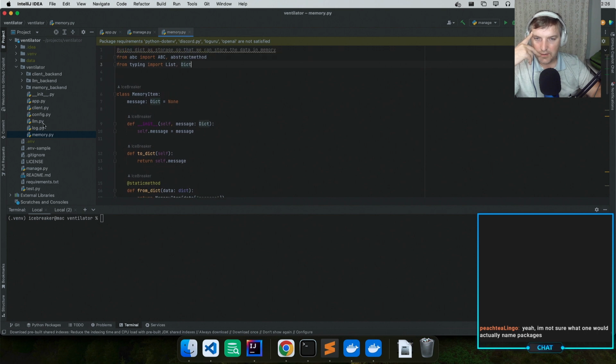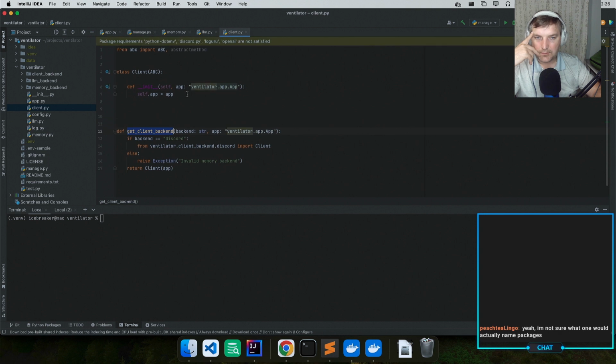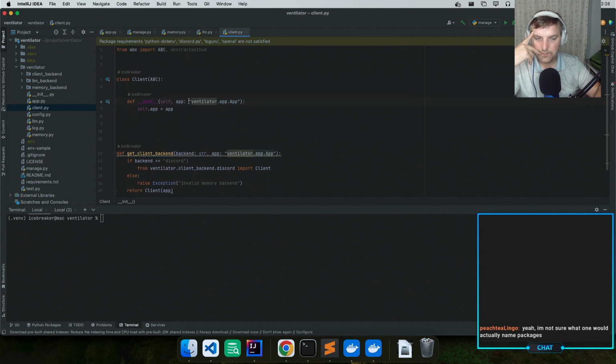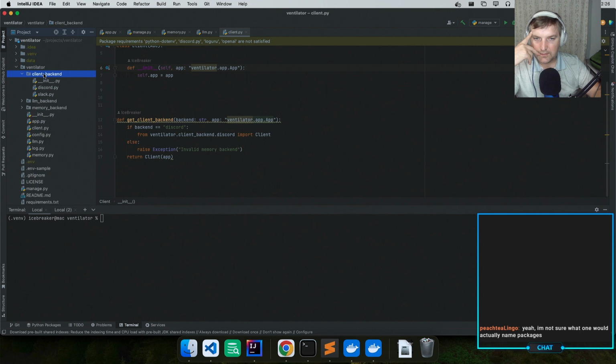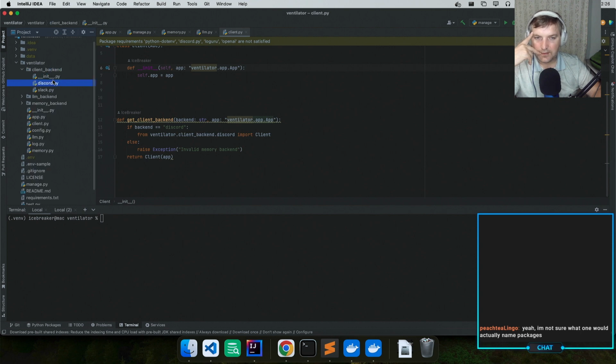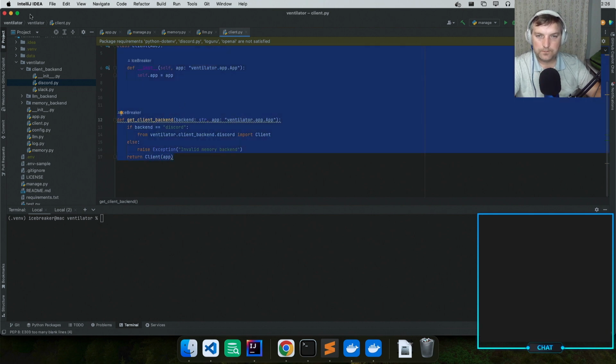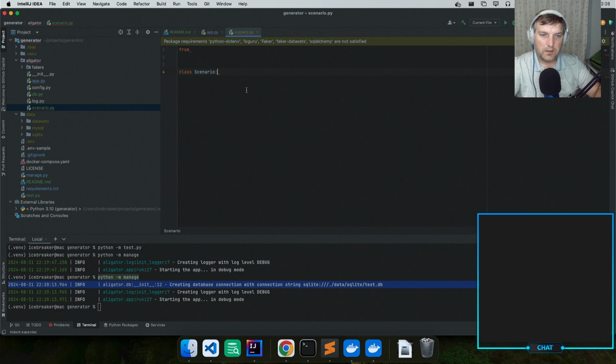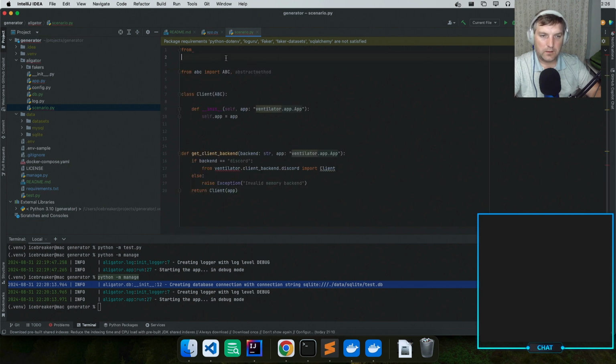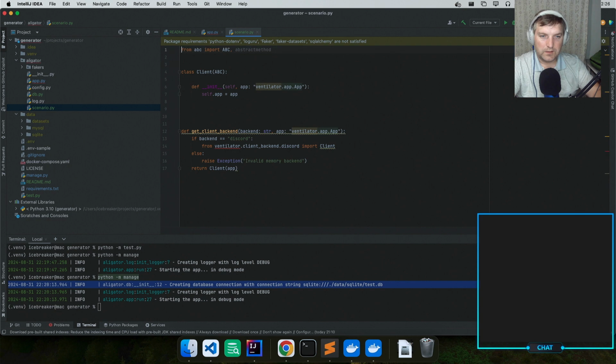Well, maybe the memory is the bags example, the LLM client implementation. So this was my client implementation. And then I had client backends, and that was for the different clients, and then you actually could specify what client you want to build. Okay, so this is what I was looking for. Let's get back in here. So we don't need this thing. This is not a client, this is a scenario. The scenario is expecting